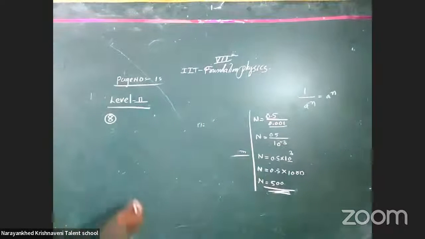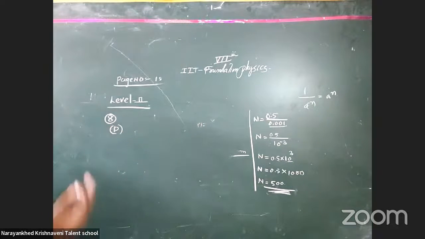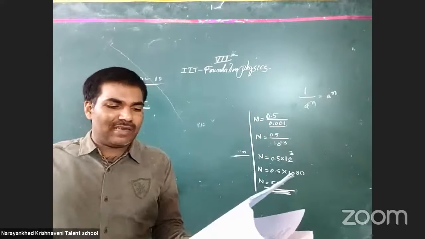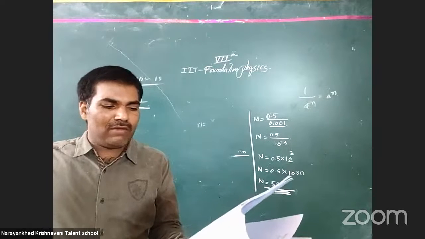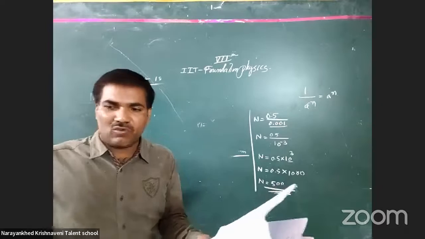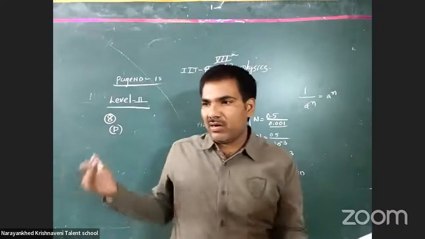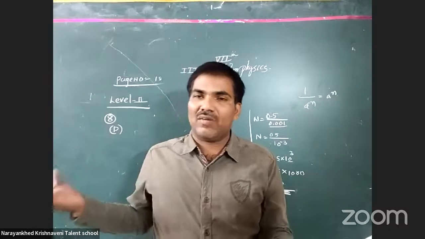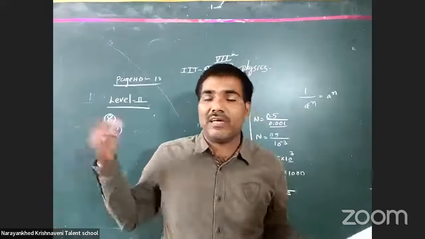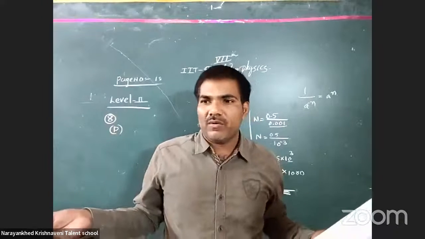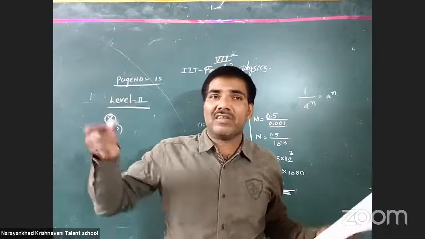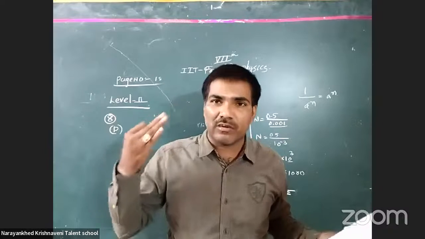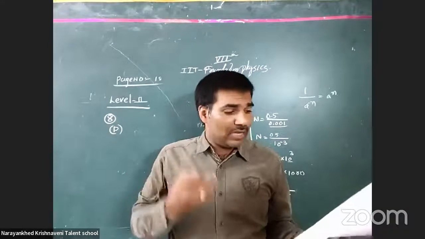Yes, what they have given, simply D is the answer. We know directly why, because D is the answer. Once check it. 20 divisions on the sliding scale coincide with the 19 divisions on the main millimeter scale. Okay, vernier calipers, it is only 0.1 mm least count when you take 20 to 19. You know the vernier reading very well, as well as the main vernier principle. One vernier scale division is equal to n minus 1 by n main scale divisions. Based on that we get 0.1 mm only least count for option A.